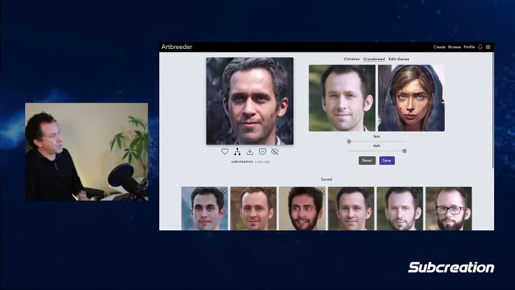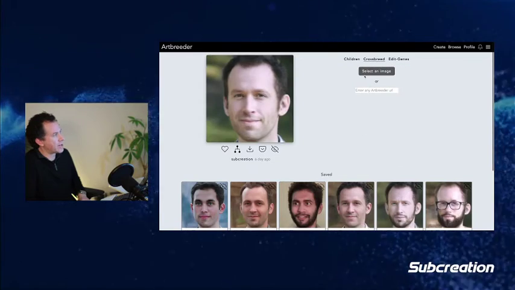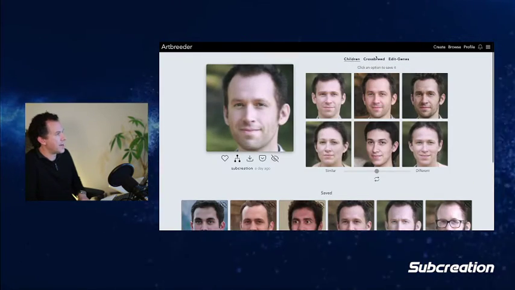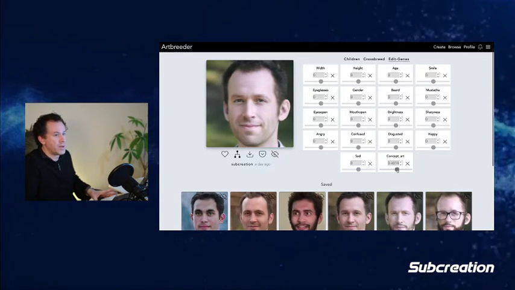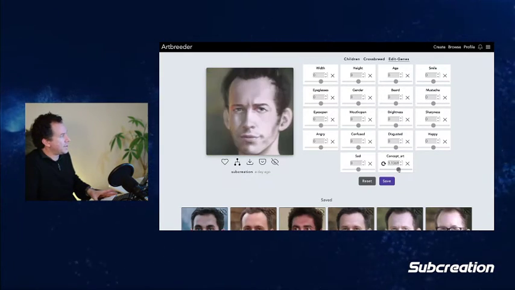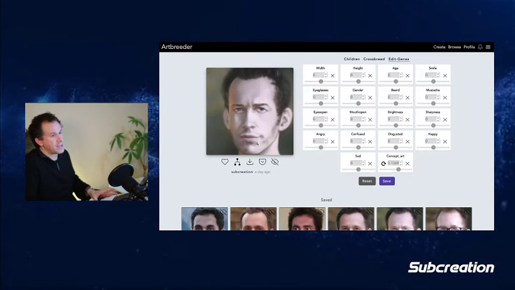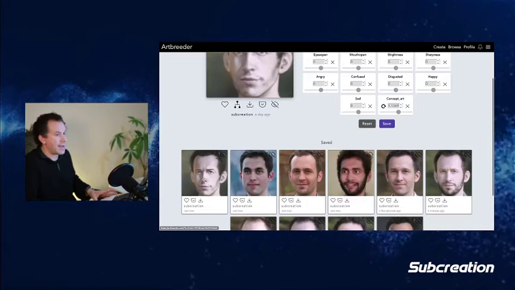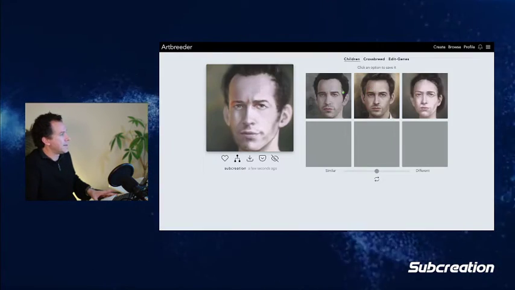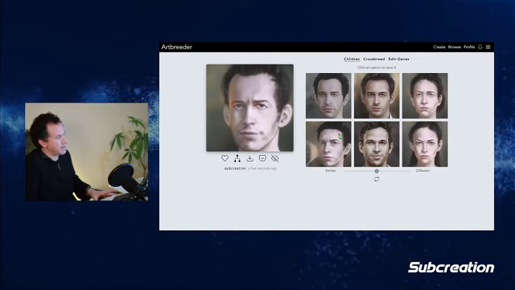So if you want to mix with a style like this, what you need to do is first go here and then go into Edit Genes, and then you're going to crank up Concept. So now that this is a concept image, I save it like that, and I go into here, and so now you can see it's giving me